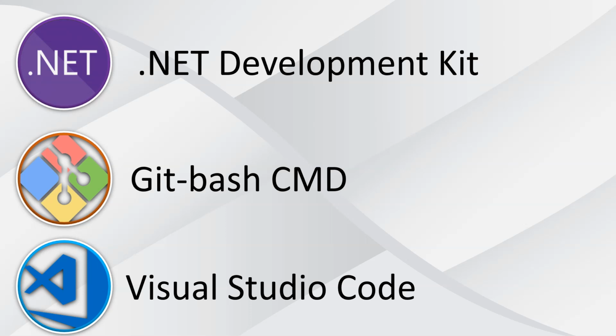This is a more elevated CMD over the native Windows CMD, and it's the tool that we will be using to interact with the .NET CLI. After installing the Git Bash, we'll be installing the Visual Studio Code, and this will be used as our code